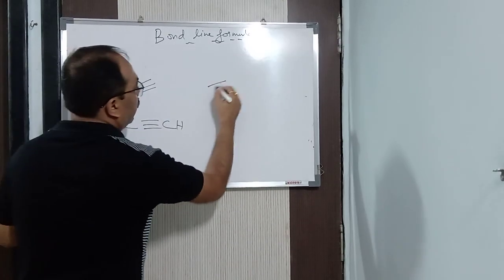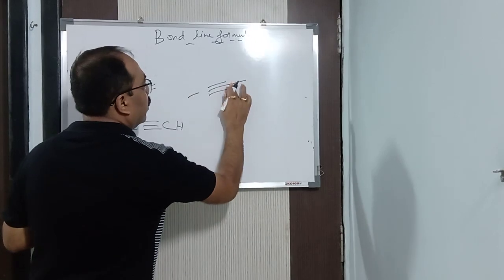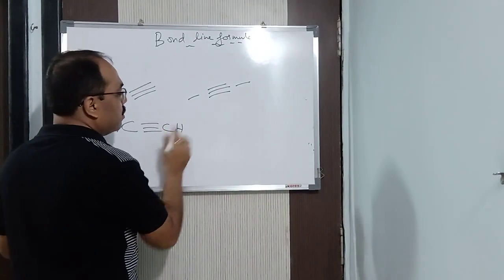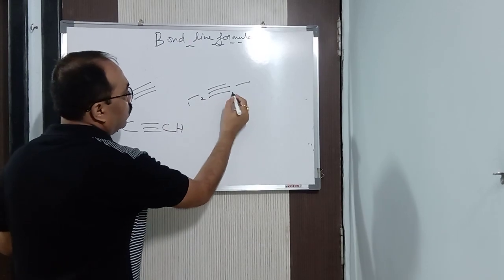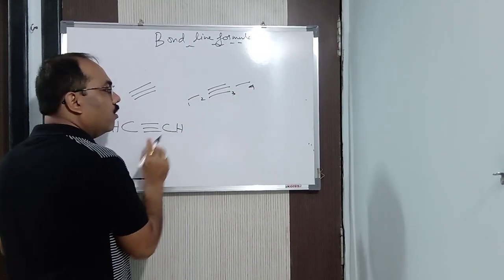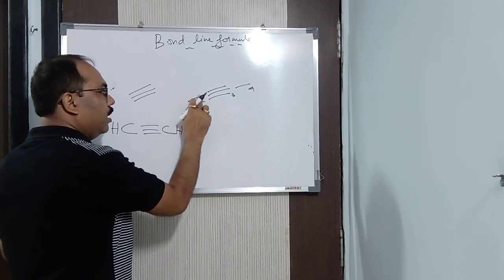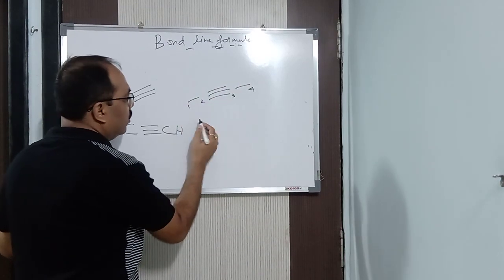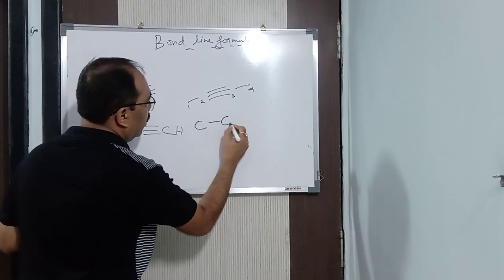Suppose I write it in this way. Alright, a gap is there in this way. What does it mean? Here it is 1, 2, then 3 and 4. Here one carbon atom terminal. Here second carbon atom in between. Again terminal. Again third and fourth. You will say, sir, how is it? Okay, fine.